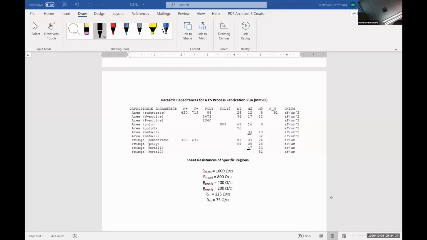So fringe substrate to metal 1 is 50. Area substrate to metal 1